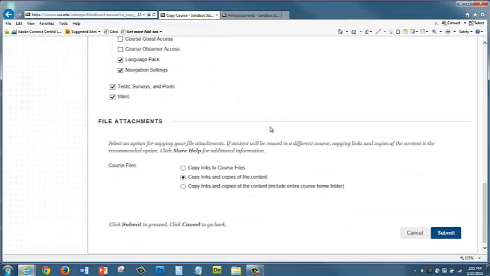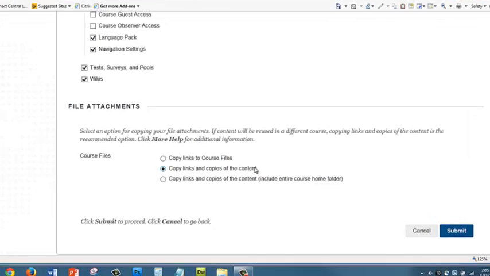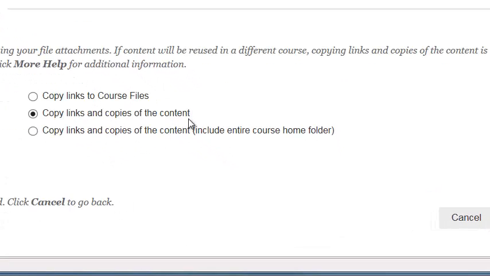The next area that you need to consider is the file attachments area. The default setting is copy links and copies of the content. What this setting does is it copies over files that are linked from within your content areas. So for example, your syllabus would copy over if you've linked to it in your course. In other types of documents that have direct links, those files will copy over so that they're available in the